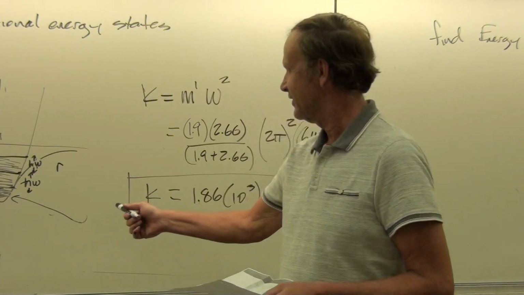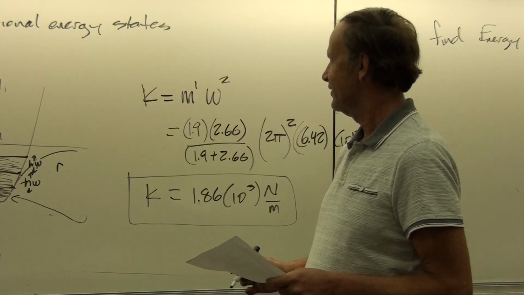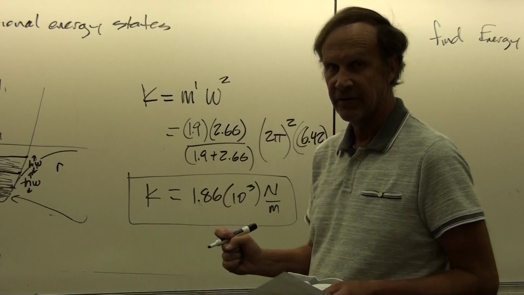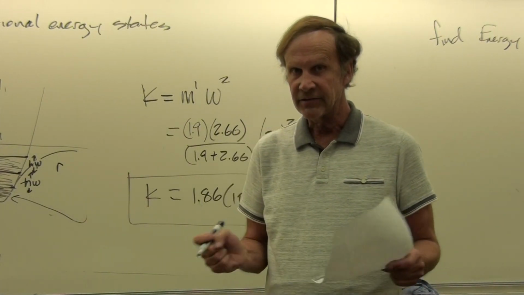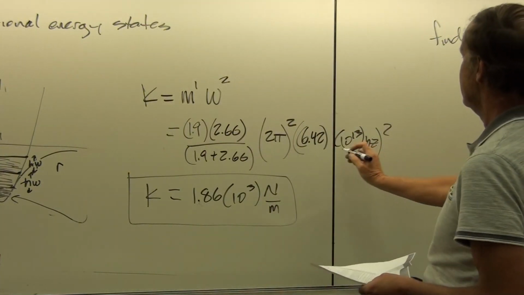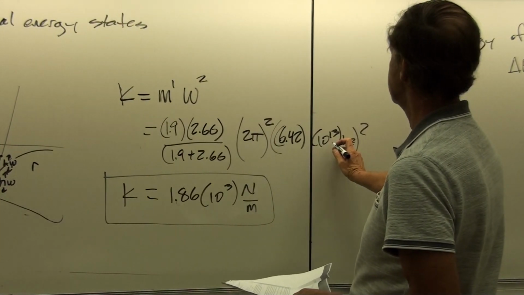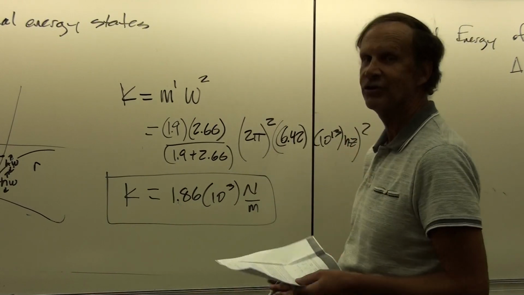Okay, but this is for a molecule. And so this explains why the frequency is so large. You've got a very large restoring force because you've got a high spring constant. And so that large restoring force then gives rise to a huge frequency, on the order of 6.42 times 10 to the 13, that's 64.2 trillion hertz.